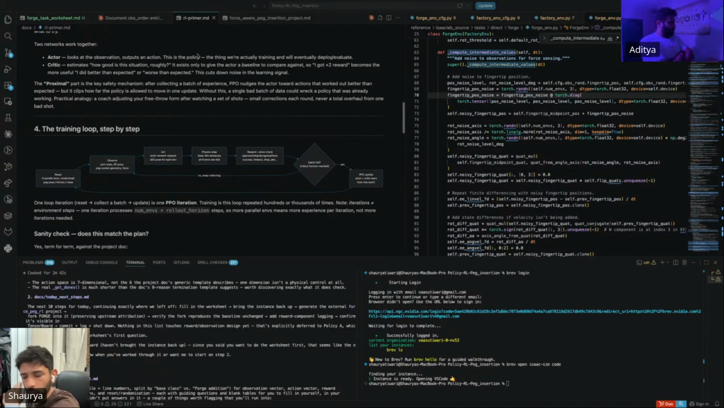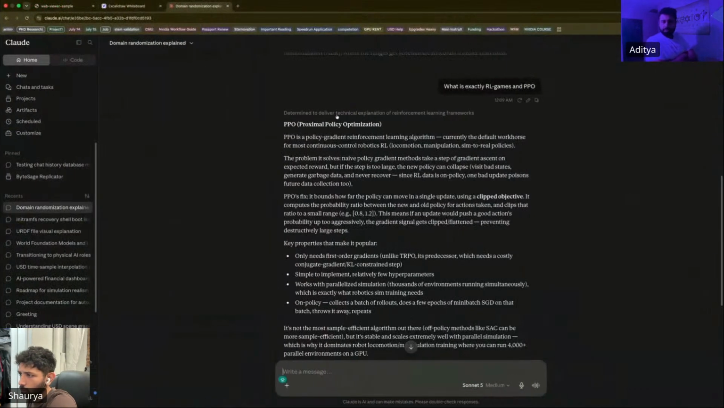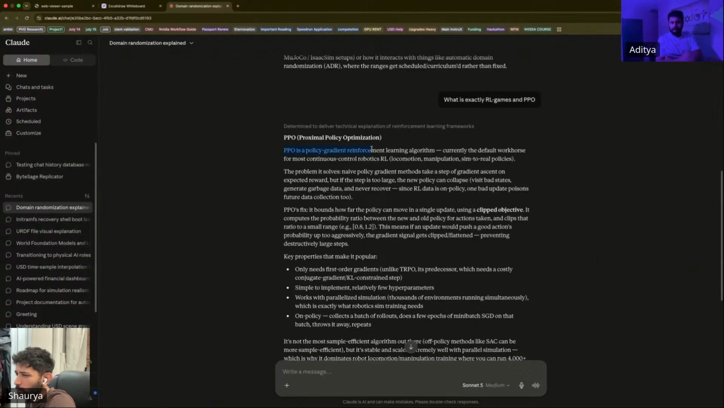Hmm. So let's see what this is now. So it's a gradient reinforcement learning algorithm. Currently, the default workhorse for most continuous robotics RL: locomotion, manipulation, sim to real policies. The problem to solve is